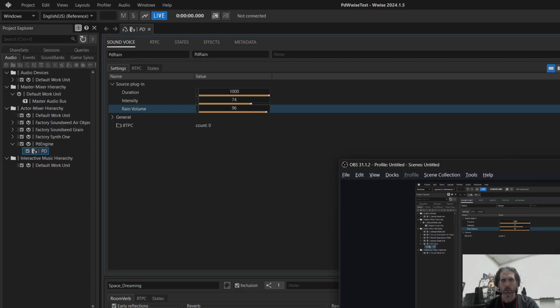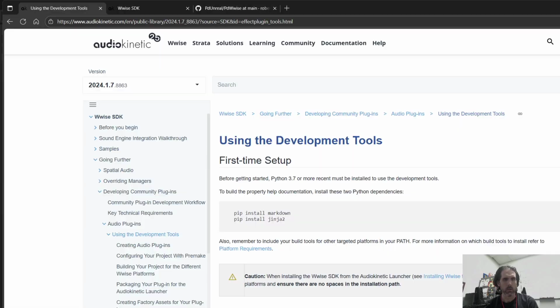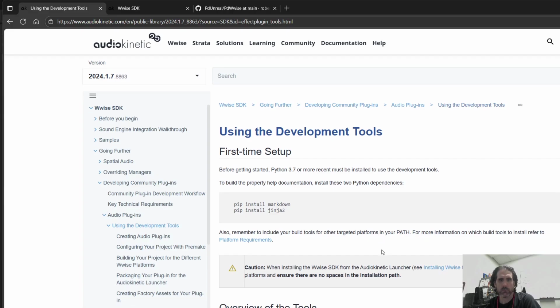Okay. Now let's get started with Wwise. So Wwise is a very different environment than Fmod or any of the game engines. So if you're using Wwise but you've never made a plugin, then some of the stuff you might already know. But if you've never made a plugin with Wwise, then my guess is that this is going to be hopefully